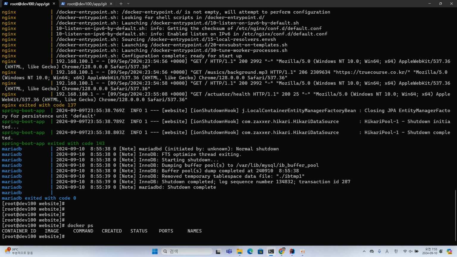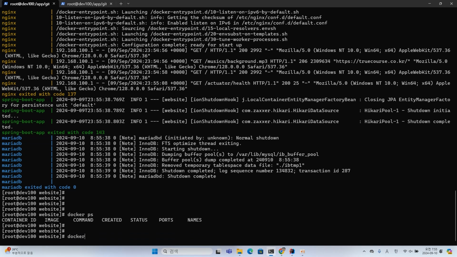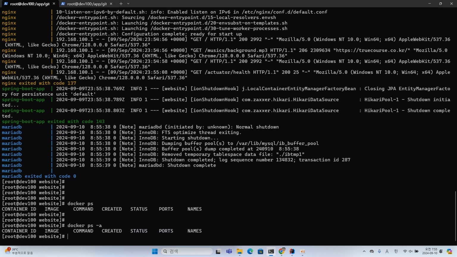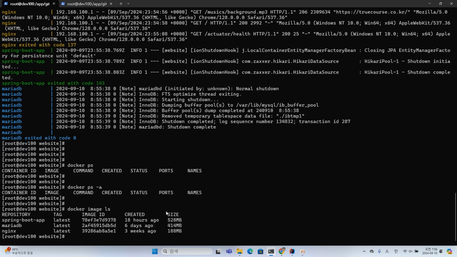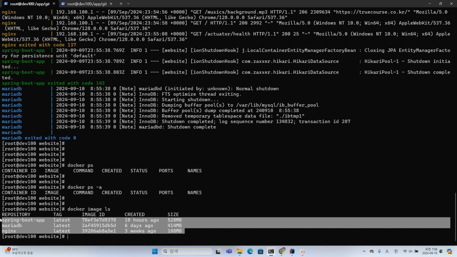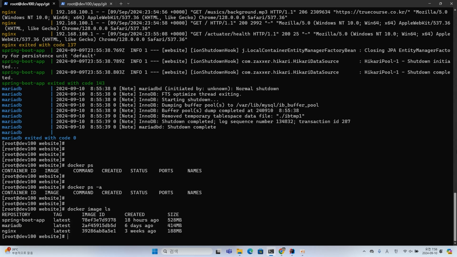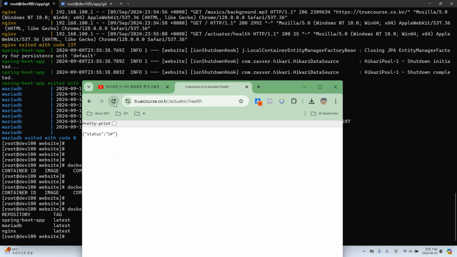Check the running containers and check all containers. Let's check if the URL is really not working now.